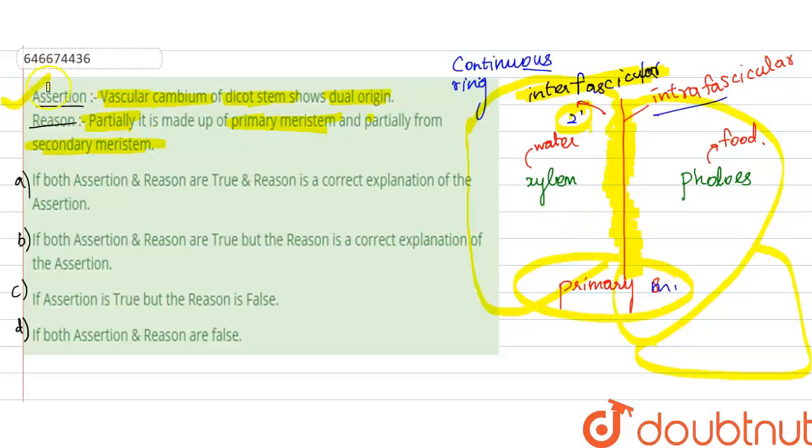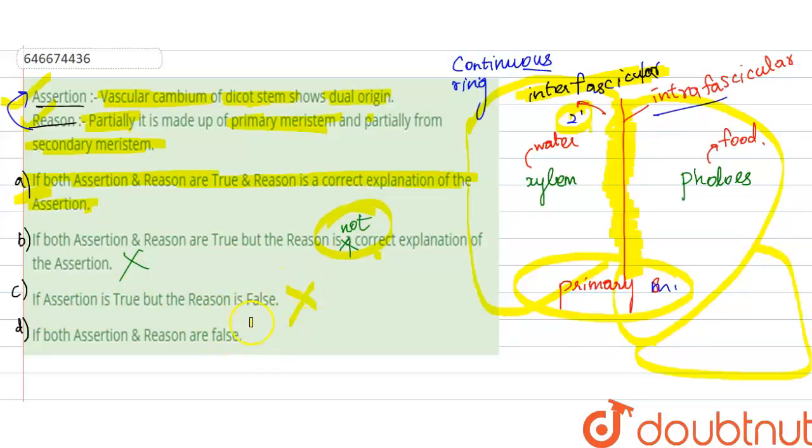So assertion is true and the reason is true, and the reason is the correct explanation for the assertion. So which is the right answer here? Option A, if both assertion and reason are true and the reason is the correct explanation of the assertion, is the right answer. Option B says that if both assertion and reason are true but the reason is not a correct explanation, so this is not the right answer, because here the reason is a correct explanation. Option C says that if assertion is true but the reason is false,